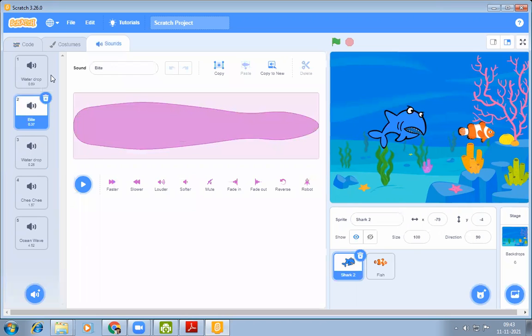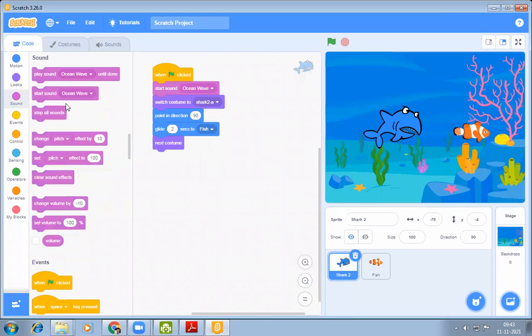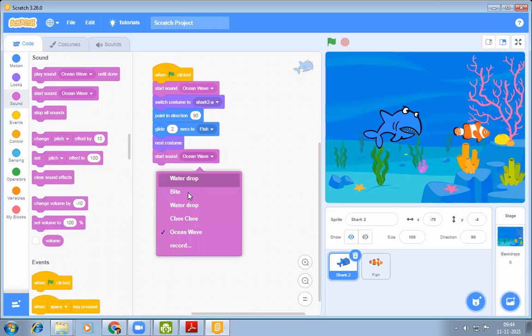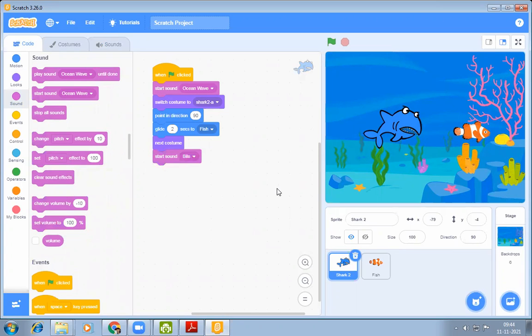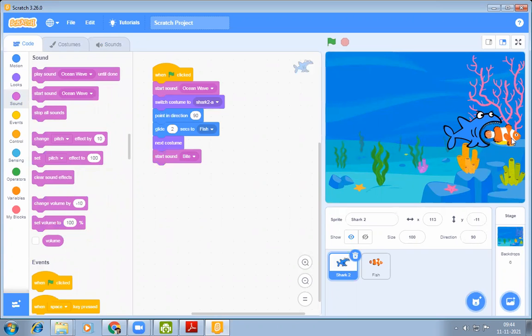Okay, the bite is selected. Click on code, click on sound, start sound bite. So you have to put the fish here. Okay, then click it again.